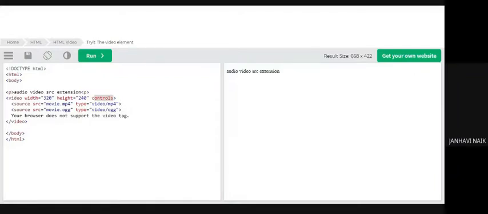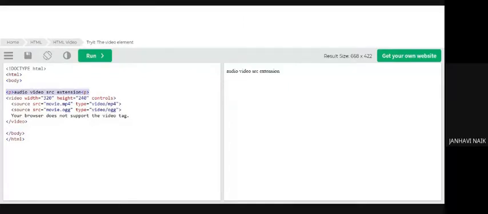Any difficulty in understanding this particular code? Should I repeat? Yes. Okay. See, as I said, this paragraph says: if I'm adding any audio or video, I need to mention the word audio if I'm adding audio, similarly video if I'm adding video.